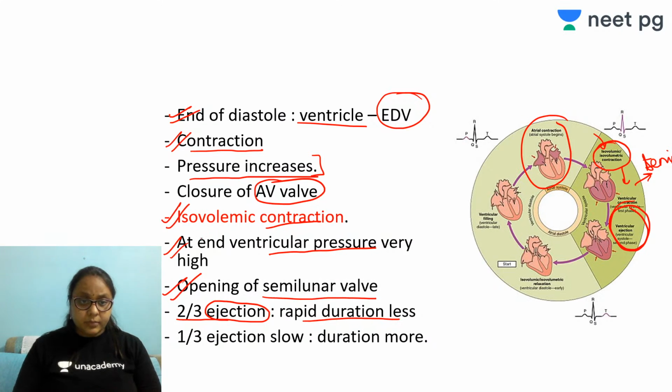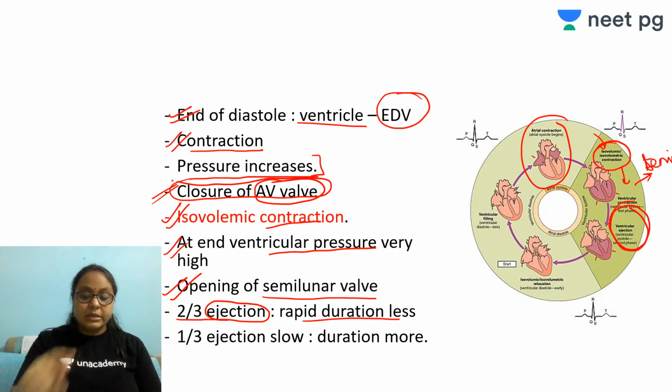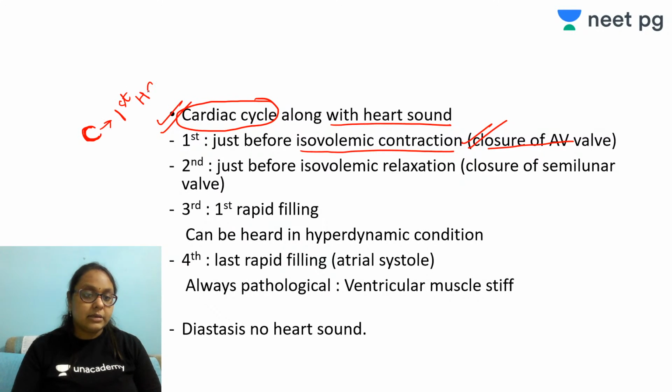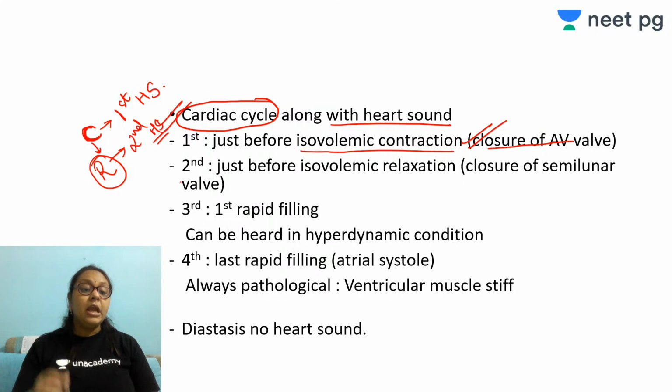And as I told you, when was the closure of the AV valve happening? Just before the isovolumic contraction. So the first heart sound is because of the closure of the AV valve, just before the isovolumic contraction. So C comes first, right? C comes first, that is for the first heart sound. Then R comes later, right? Alphabetically R is after, so that is responsible for the second heart sound, and that will be closure of the